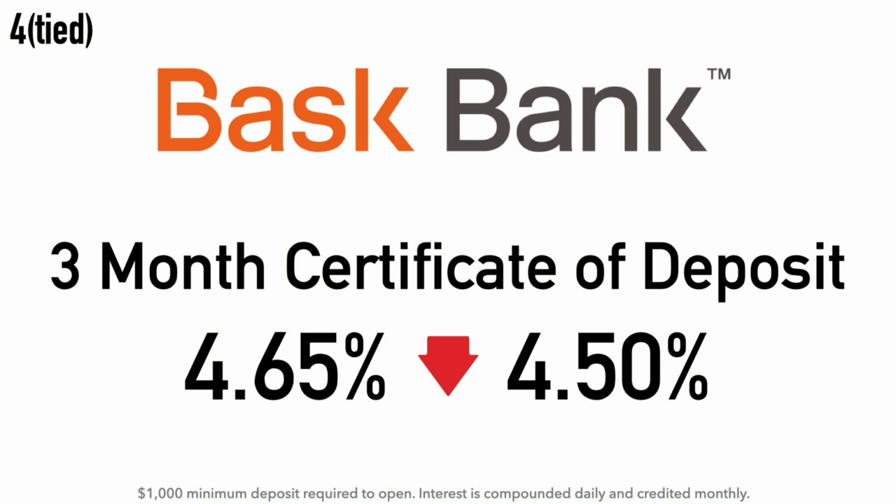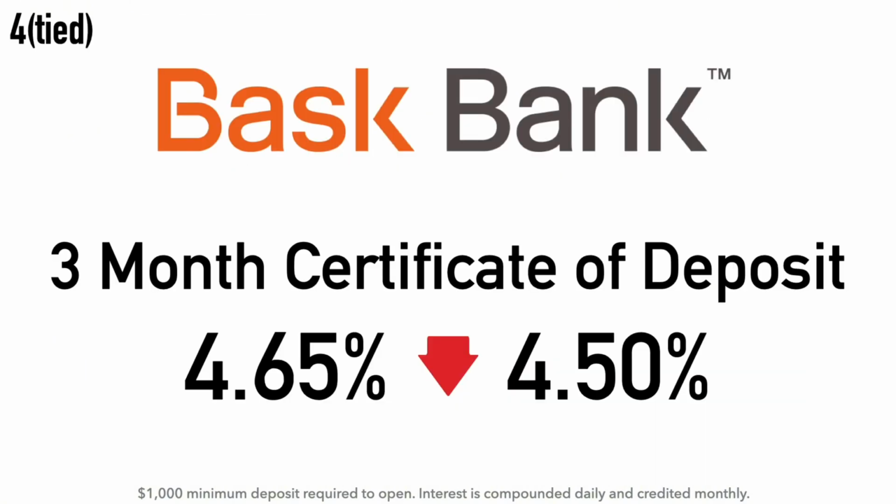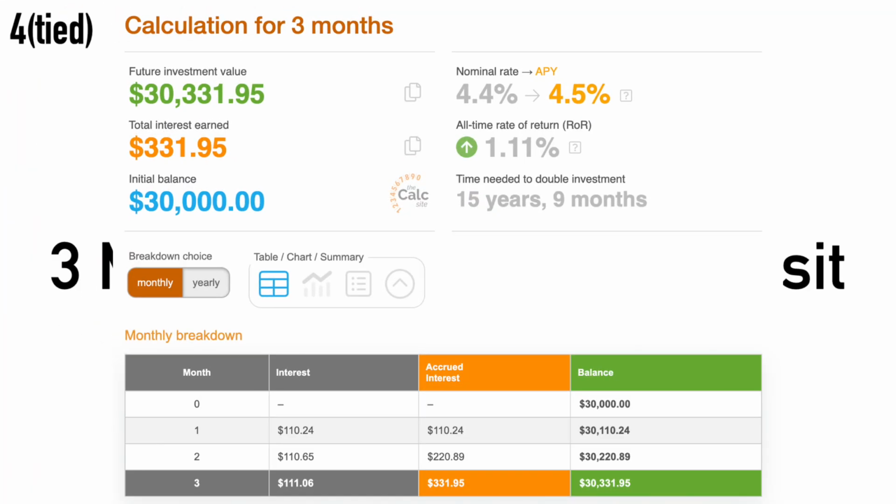And also tied at number 4 is the Basque Bank 3-month CD account. Previously, a couple of months ago, this CD account was at 4.65% APY. However, it's since been lowered down to 4.50% APY. There's a $1,000 minimum deposit required to open this account, and the interest is compounded daily and credited monthly. Calculation example for this one: if you had $30,000 in this Basque Bank 3-month CD account at 4.50% APY with the interest compounding daily, after 3 months, you would have earned about